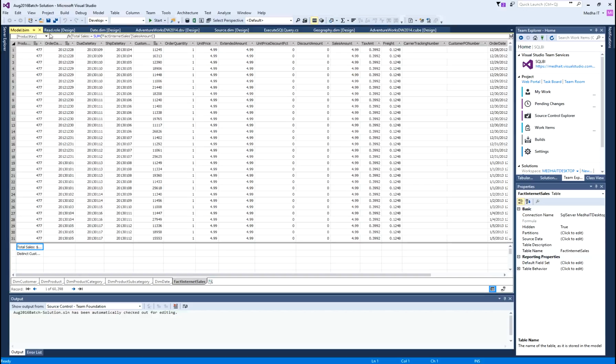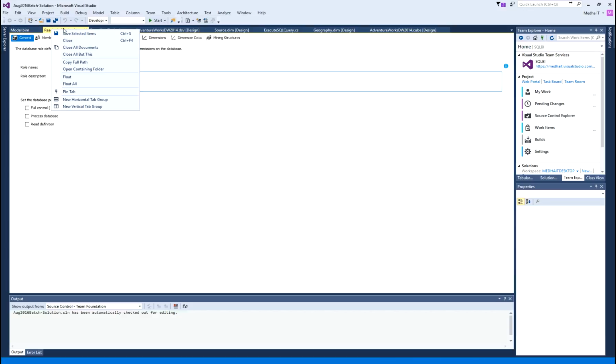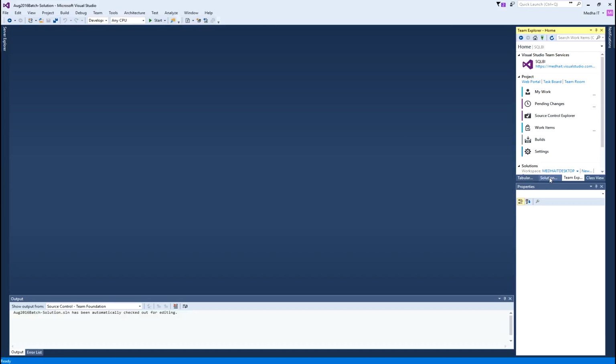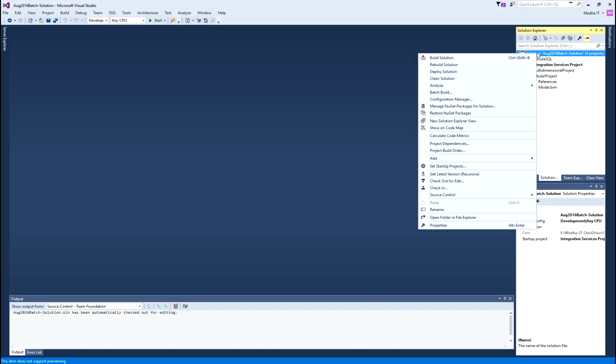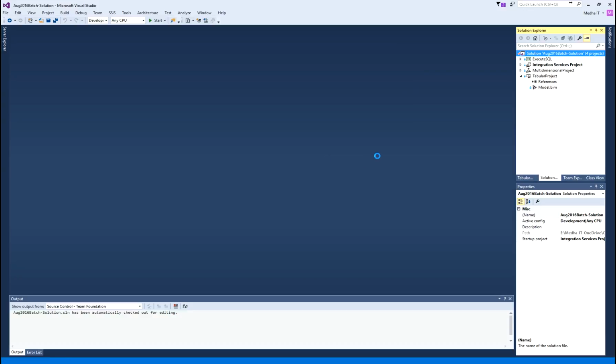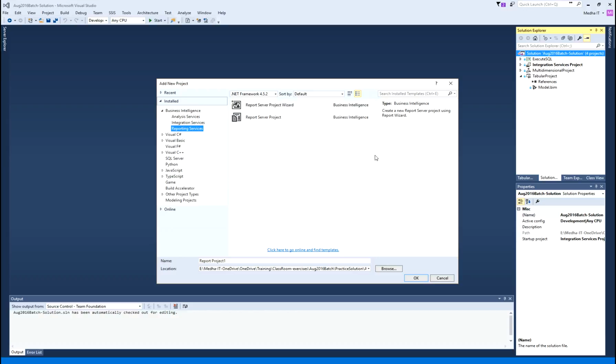so let's say we go to Visual Studio and I will close these documents. To create a Reporting Services project, we need to right click on the solution and say add new project. So, first we need to create the Reporting Services project before creating a report.